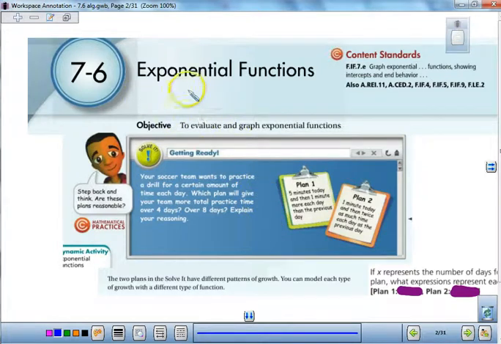Algebra 1, Lesson 7.6, Exponential Functions. Our objective today is to evaluate and graph exponential functions. So, as we are looking at our functions,